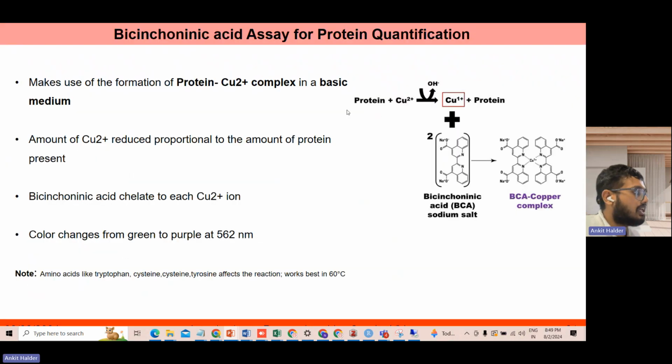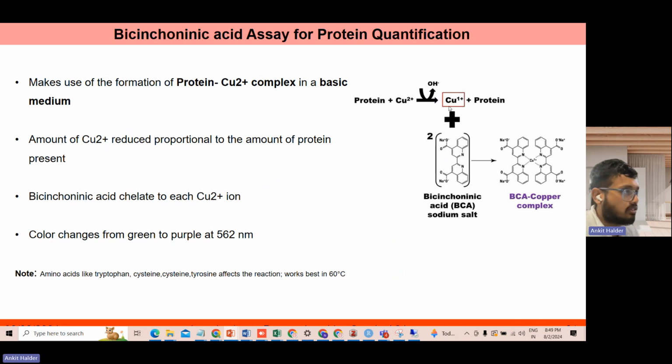So what happens is that the protein plus copper complex gets reduced, to form a BCA sodium salt, and that gives you a BCA copper complex, which gives you the color that is measured in the